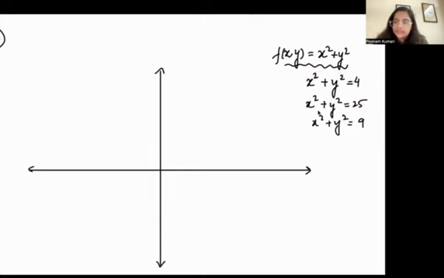So let's draw these. What is this an equation of? This is the equation of a circle with origin as center and radius 2 here. Radius 5 here. Radius 3 here, right? So whatever different level curves that you are going to see, they are all going to be circles